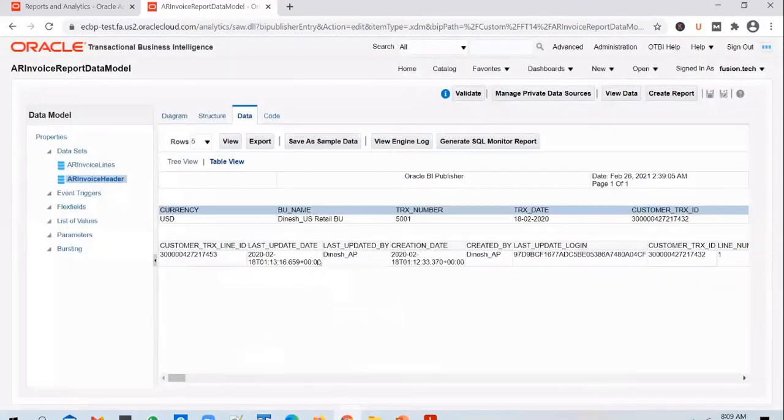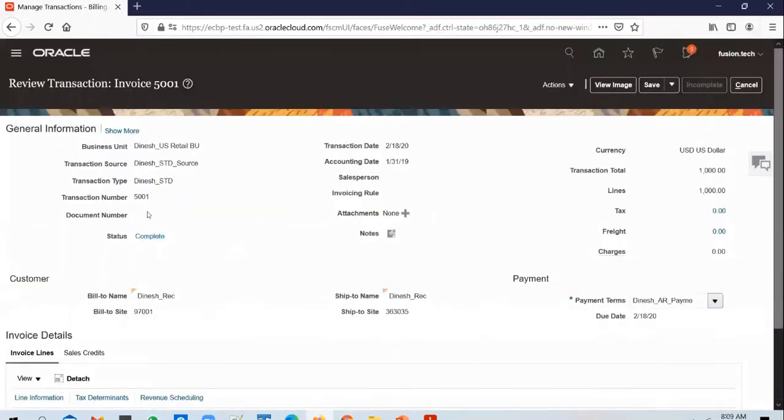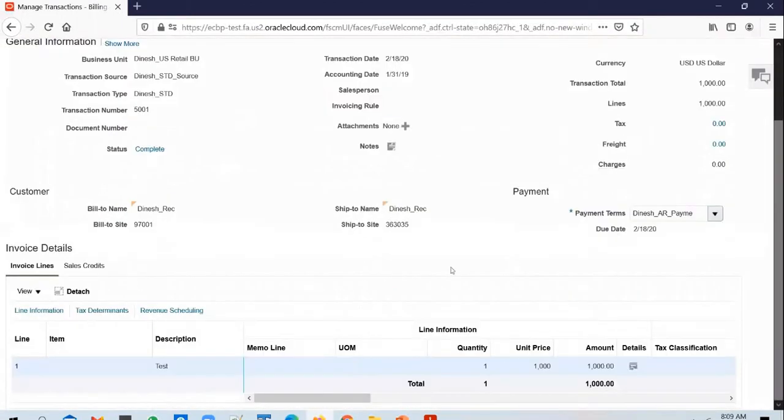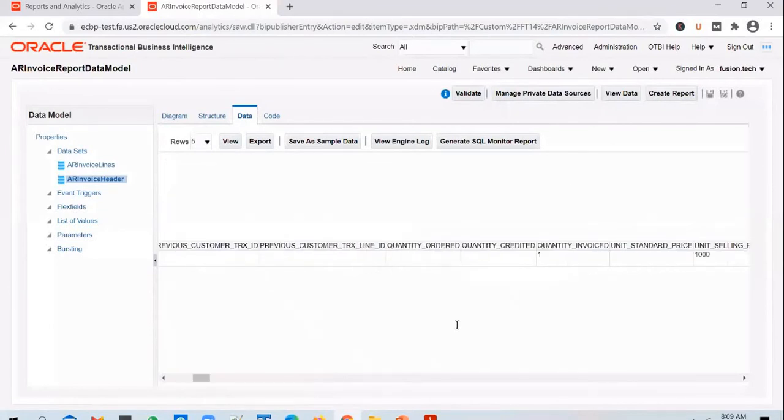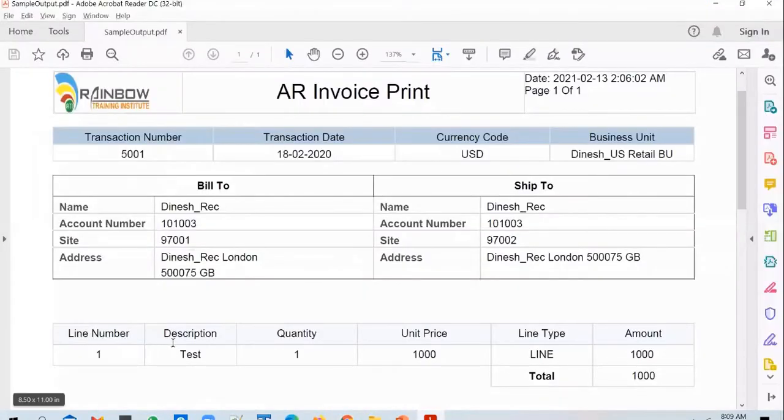And if you look at the table view, you could see that there is only one line printed. Even the second query is written only one row because on the invoice 5001, you have just only one line. So that line is printed here. And what details do we need to print from the line section? We need line number, description. We need 6 columns from the lines table, right? So let's pull those 6 columns.